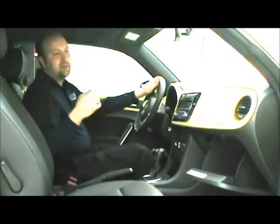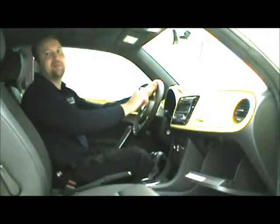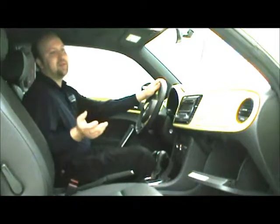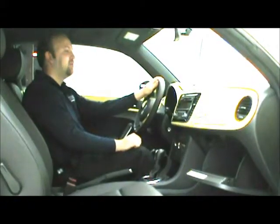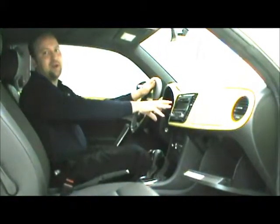Depending upon the model of Beetle that you get, you'll have a touchscreen radio. You might even have a touchscreen radio with navigation system. Those are going to be great upgrades. The touchscreen audio system is convenient because it will allow you to do everything just as it sounds through a touchscreen from your fingers. Those models will also give you the ability to access your phone book from the screen,